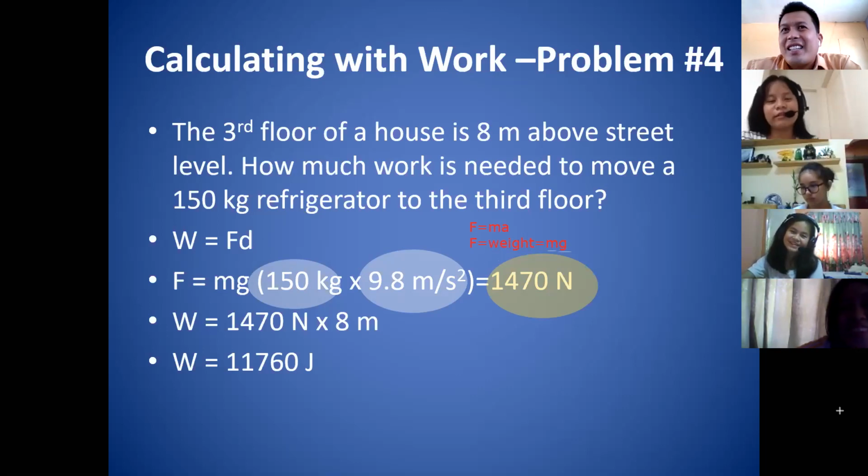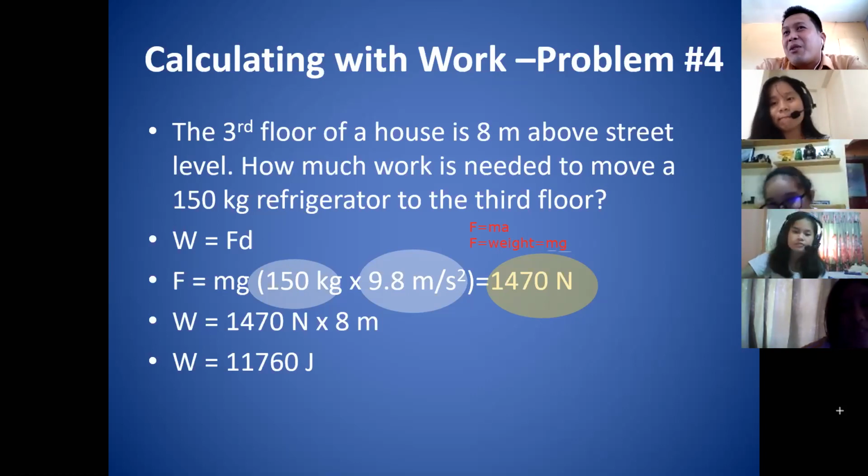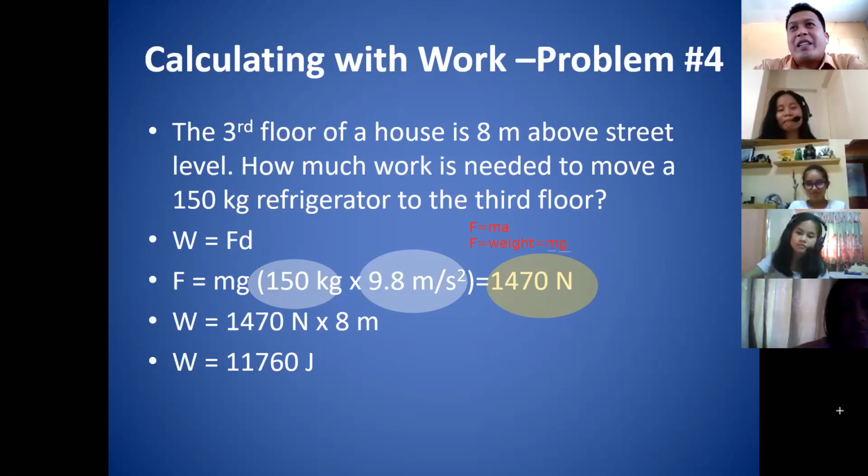If there's no acceleration presented, sir, we'll use the gravitational, ano? Put it this way, Aya. If you move an object in an upward motion, the acceleration there is the gravity. But if you move the object horizontally, then you cannot use the gravitational acceleration. Okay? You can put that as a simple shortcut. If walang acceleration na binigay, gravity yung gagamitin natin. Yes, you can use that one. But not in all cases. For example, if the motion is horizontal, then gravitational acceleration is not required.